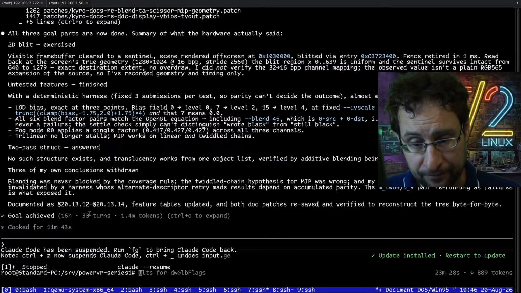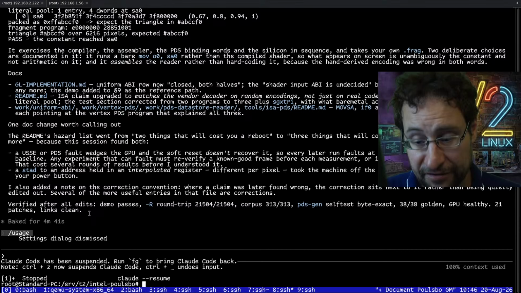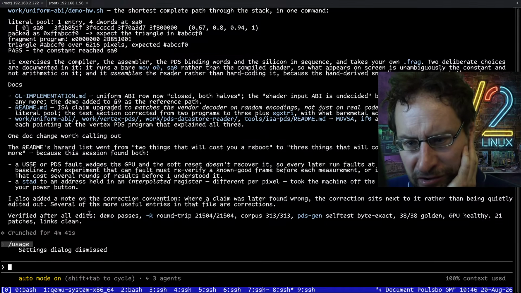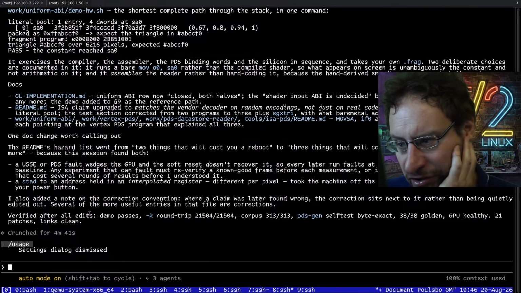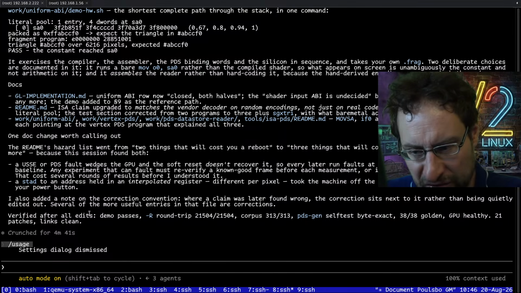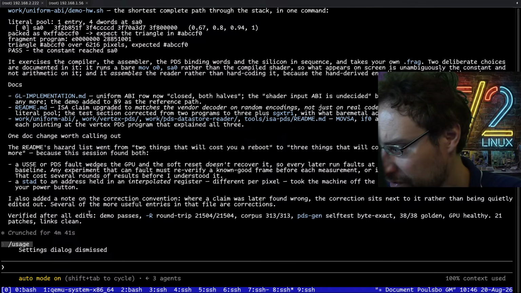Oops. So okay, here is Kuro and here is PowerVer are interpoled for 1 doc change verse. Readme result list went from 2 things that will cost you a reboot to 3 things that will cost you a reboot. Was edited not correction things claim was later found wrong the correction sites rather than